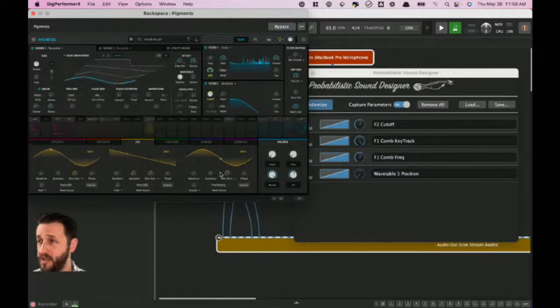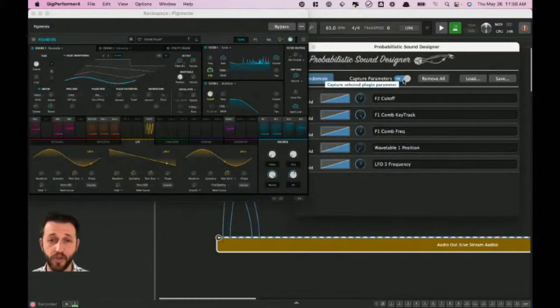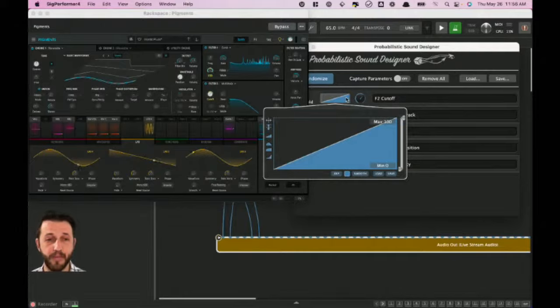Maybe we'll change the speed of LFO3. That could be interesting. All right. Well, that's a decent amount of options here. So I'm going to turn capture parameters off because now I don't really want to have an issue where I'm accidentally capturing parameters. So if I open this filter to cutoff, it's going to give me the ability to set